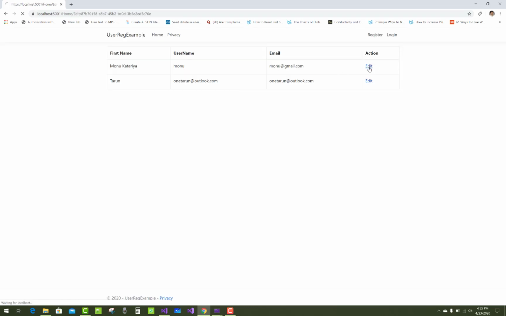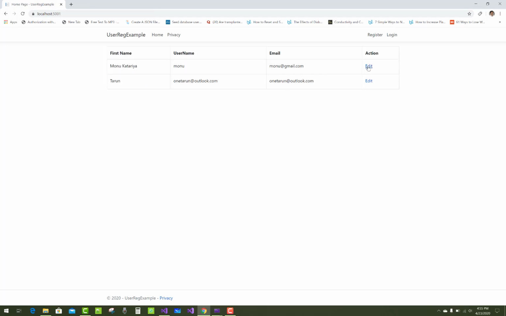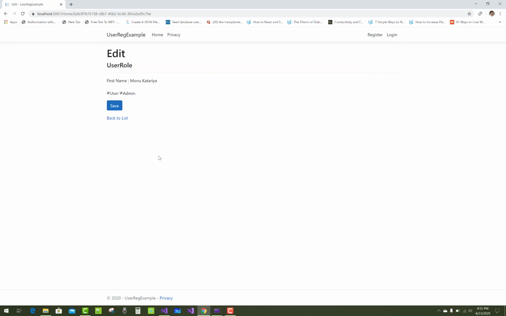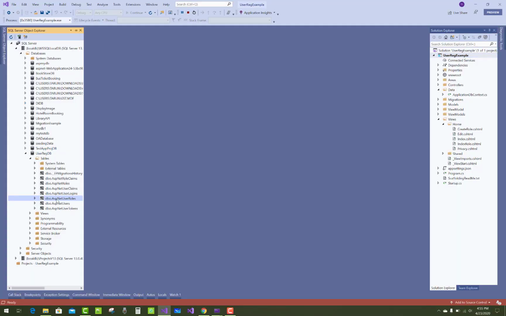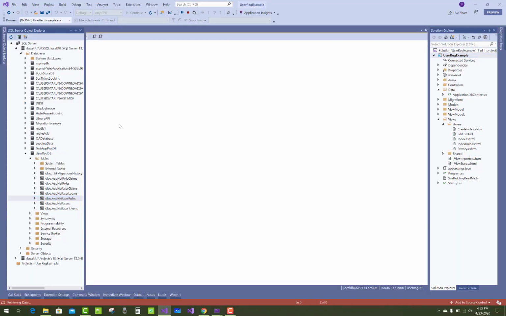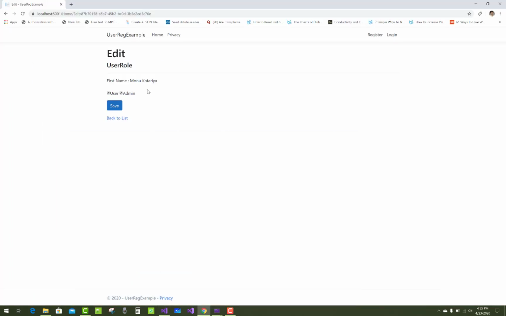When we click on any user, there are user IDs in the list, and we just click on it, both the username, user and admin. When we click on the save button, you notice that both roles are assigned to that user. Let me check it again: there is a user ID and role IDs assigned to the user, both of them.